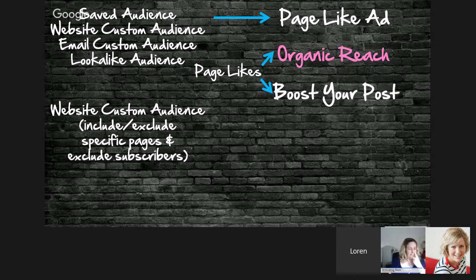In the next type of ad, you can say, I'm going to do a website custom audience, and here what I'm going to do is try to collect leads. So you might have an opt-in where you get people to opt in for something that you know the shoe lovers are going to love. Let's say it's the best way to store your shoes. We're going to give you a free download that's going to help you with your shoe storage issues or something like that. So we're going to collect the leads there.